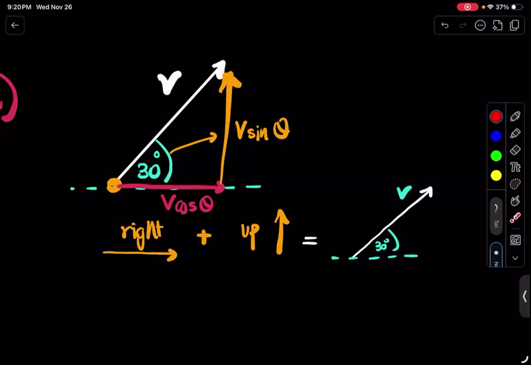Okay. Sounds good. Because we're going to be using this concept right now in the momentum part, right? So if you have an angled vector, if you break it into parts, you can break it into the sine theta component and the cos theta component. The cos theta is always the horizontal component, and the sine theta is always the vertical component. The vertical component tells you how much up is the vector going, and the horizontal vector tells you how much right is the vector going.